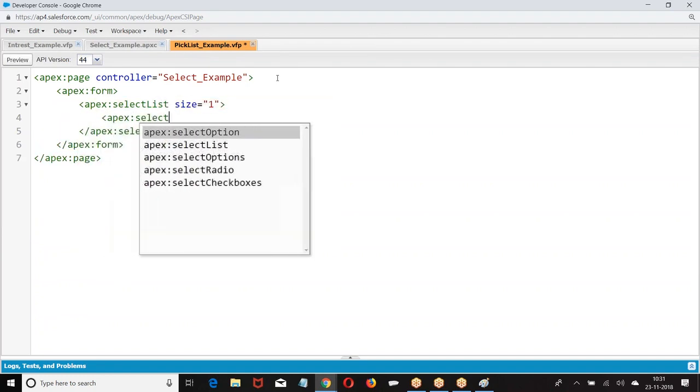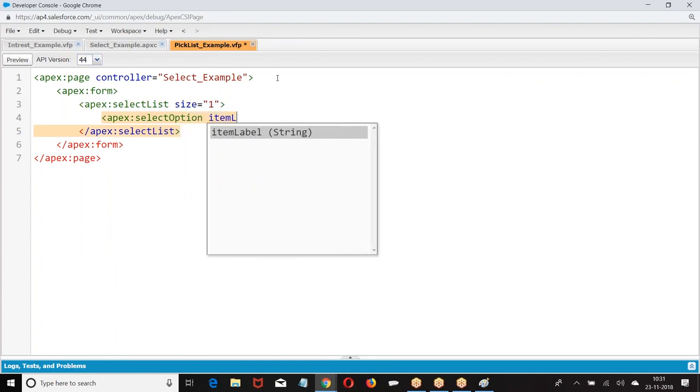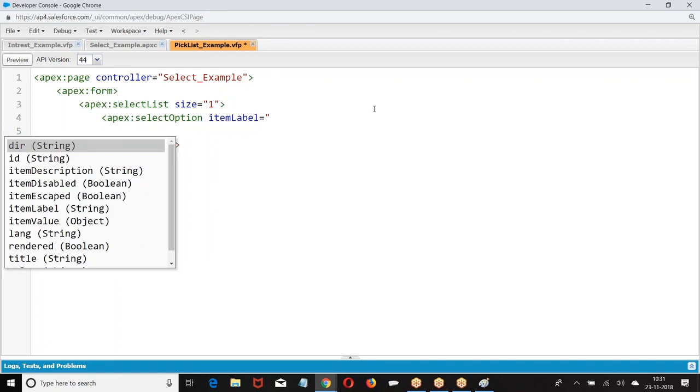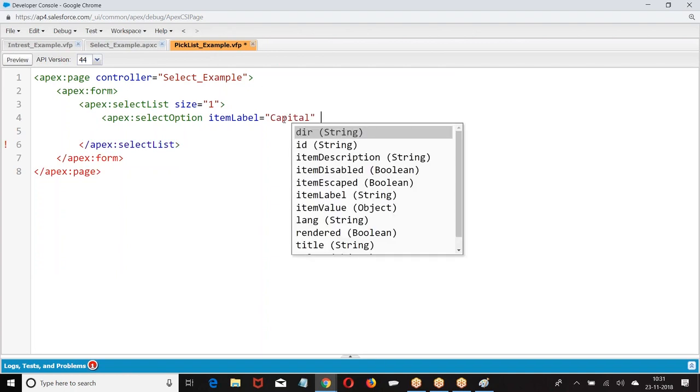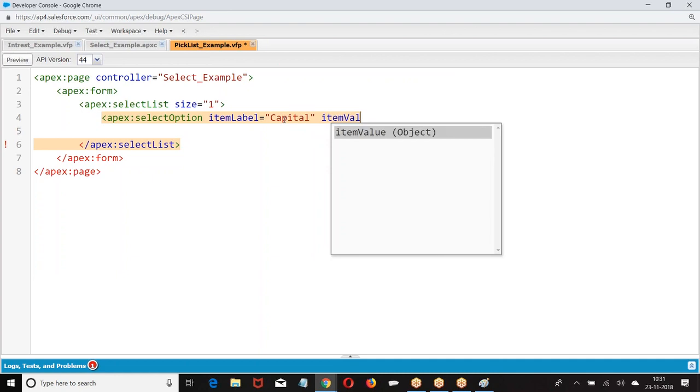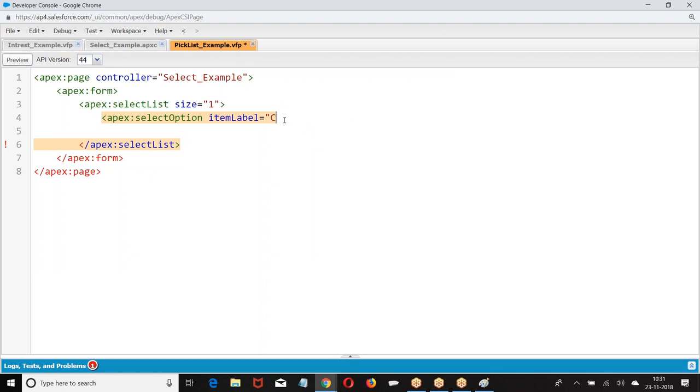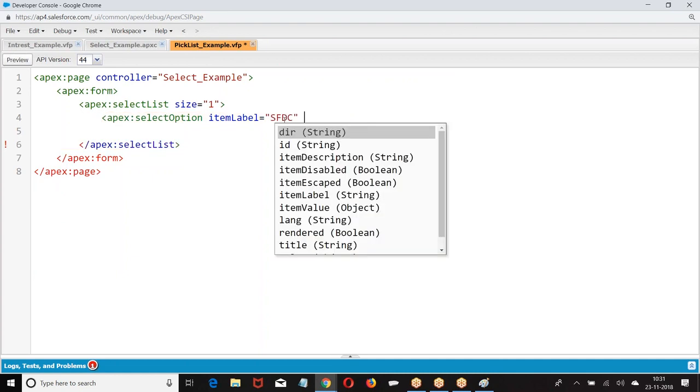Options we have created. Select option, item label, let us say capital, give some course, SFDC.